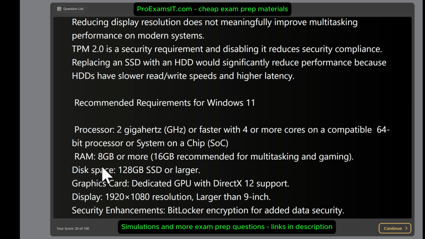But also, if you see on the exam some kind of simulations, a gaming computer, better to choose 16 GB. This 16 GB is recommended for multitasking and gaming. And in this question, we have multitasking. So that's why upgrading the RAM to 16 GB, even though it has the minimum one, but this is the recommended for multitasking. Disk space 128 GB, SSD or larger, graphic card dedicated GPU with DirectX 12 support, and this